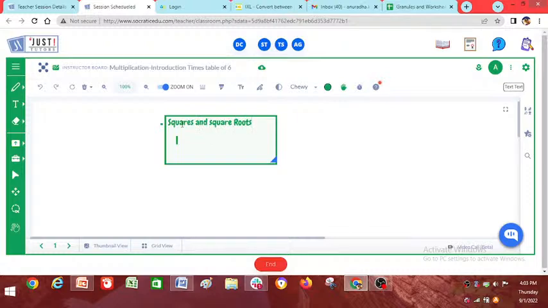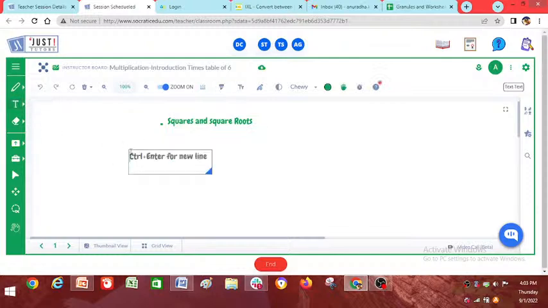So our new topic is squares and square roots. Basically, we know about the square numbers. So what is a square? Generally, a square is equal to side times side, and where the side means